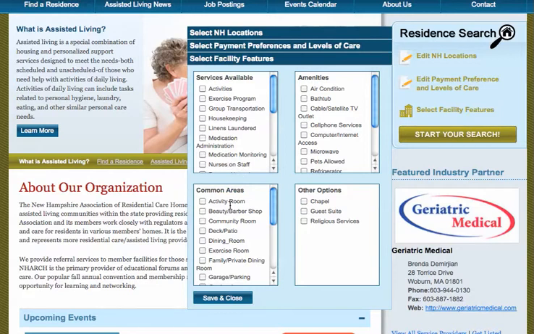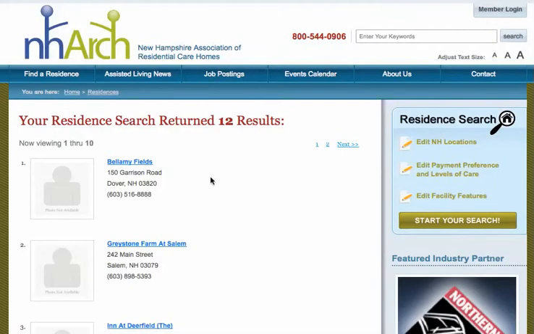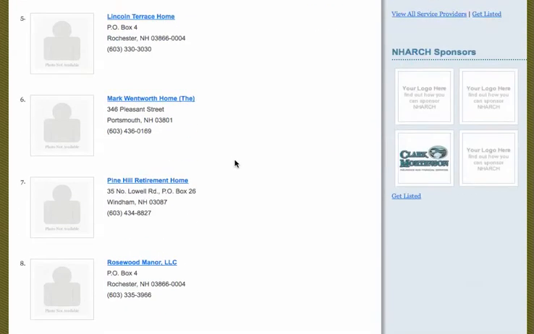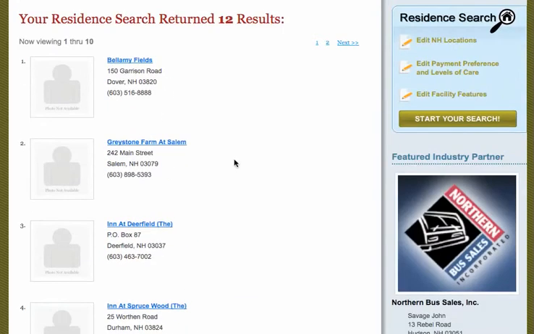So just to keep things relatively simple, let's say I want cable satellite TV outlet, and then I say start my search, and then it comes back and gives me the results of that, and it says there's 12 possible results. We've paginated it, so it's only 10 at a time, and I can go down through this, and it's alphabetical, so I can just start at the top and say, well,